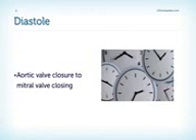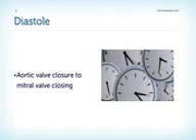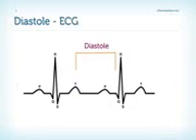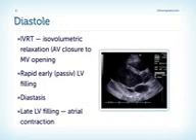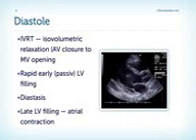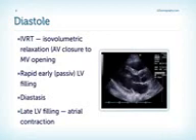Diastole is defined as the time interval between aortic valve closure and mitral valve closure. In the ECG, diastole occurs between the T wave and the onset of the QRS complex. Diastole consists of several components: the isovolumetric relaxation time, which is defined as the time between the aortic valve closure and the mitral valve opening, rapid early or passive left ventricular filling, diastasis, and finally late left ventricular filling, which